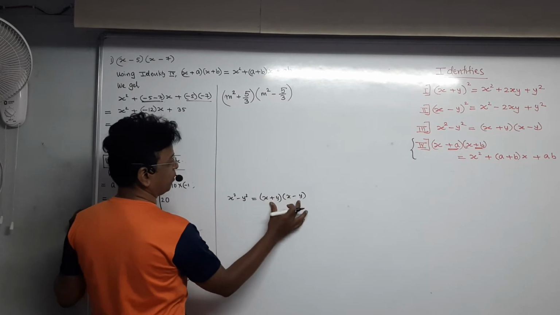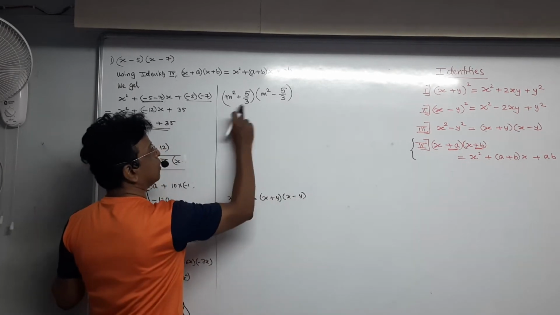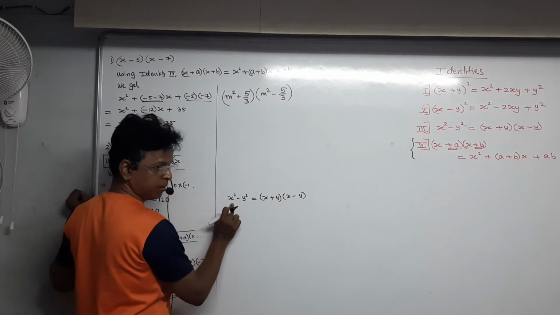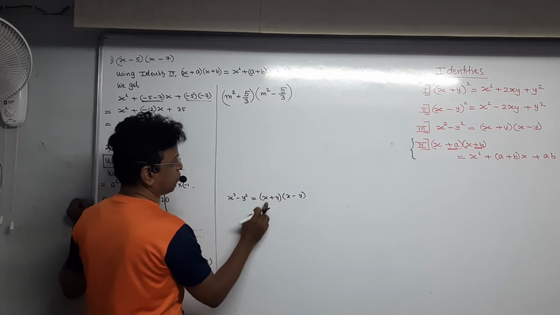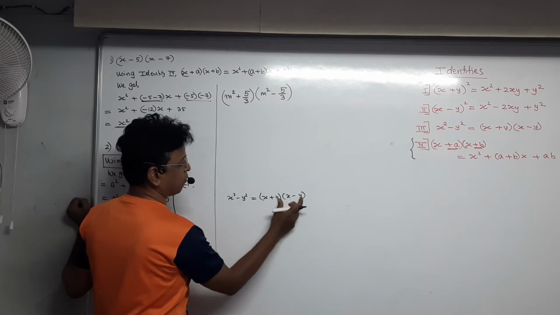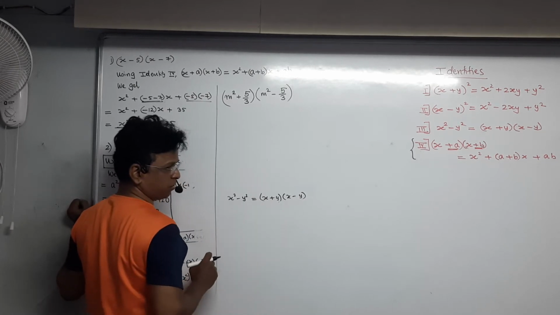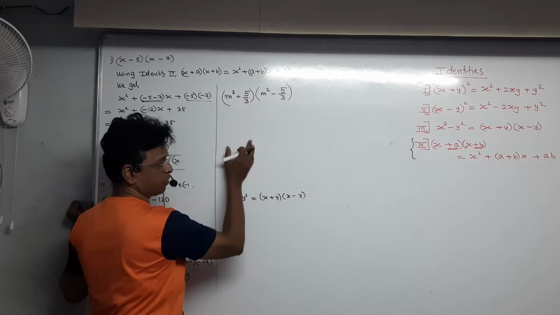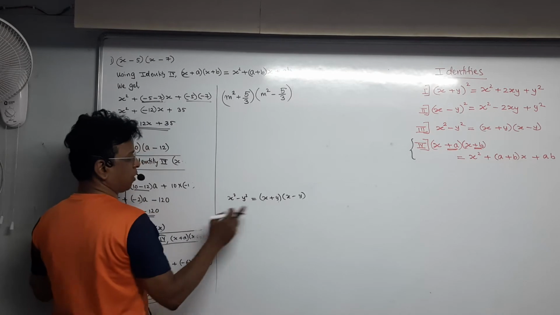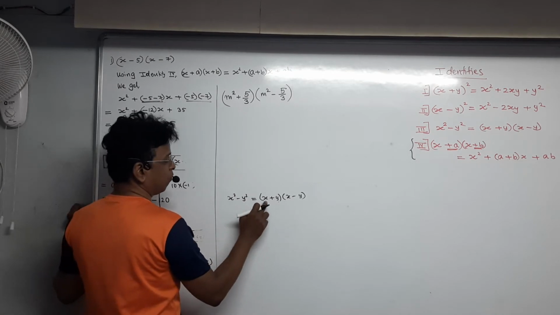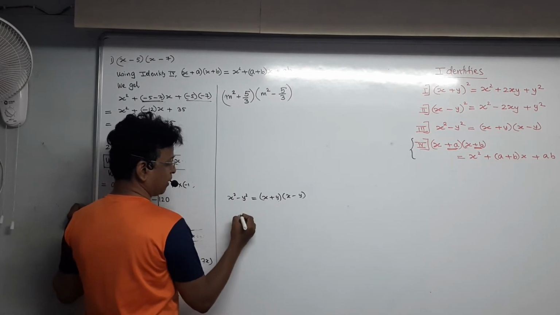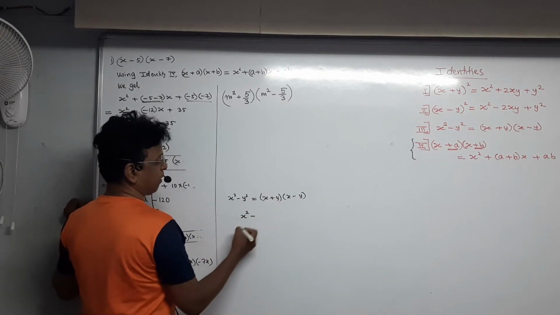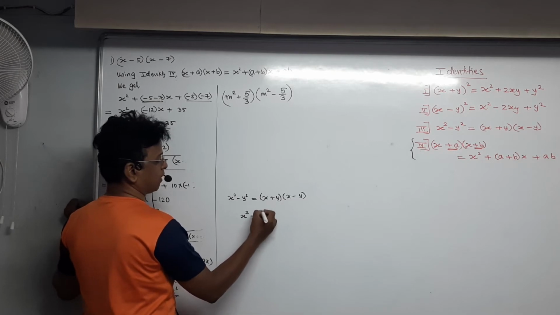Using identity x square minus y square is equal to x plus y into x minus y. Actually, you are going from here, you are coming over here. You have to convert this into here. How are you getting converted? But the condition is what? Same x, same y, but the sign is opposite. Here also m square and 5 upon 3, the sign is opposite. So you can use this. Whatever is x will come over here, and on top of that you will write square. Always minus. On top of y you will write square.